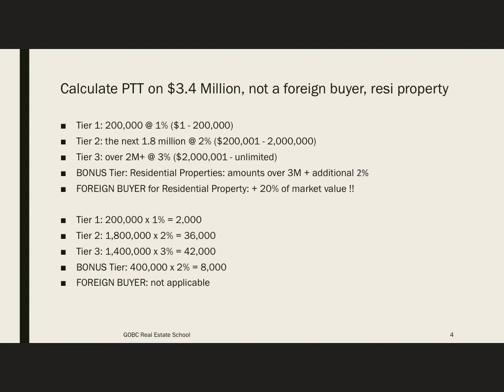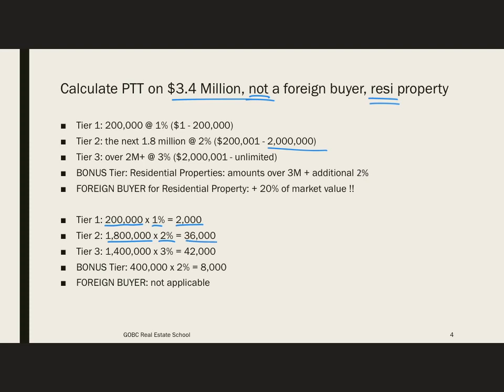Okay, so the next example is we're going to calculate the PTT on a $3.4 million property. It says in the question that they're not a foreign buyer, and it is a residential property. So we always charge that first tier, the first $200,000 at 1%, so that is our $2,000. Then because we are over 2 million, we have to charge tier 2 as well, so we charge the remainder, right? Not the entire 2 million, we charge only $1.8 million at 2%